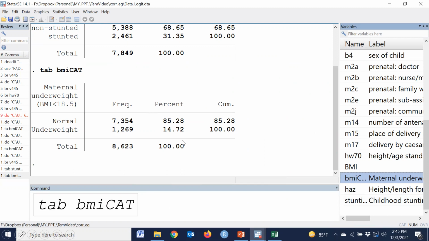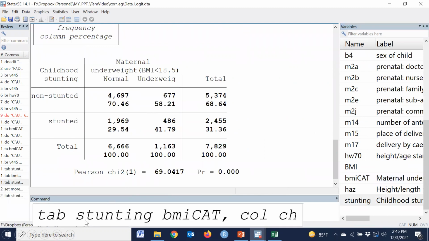To test the hypothesis, we have to use cross-tabulation. Cross-tabulation means just tab stunting, the outcome variable, then another variable BMI cat, comma, col chi. Col means column percentage, chi means chi-square.